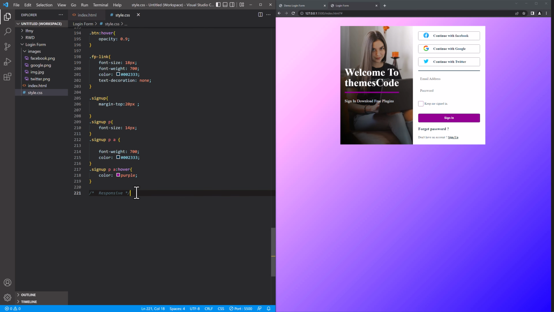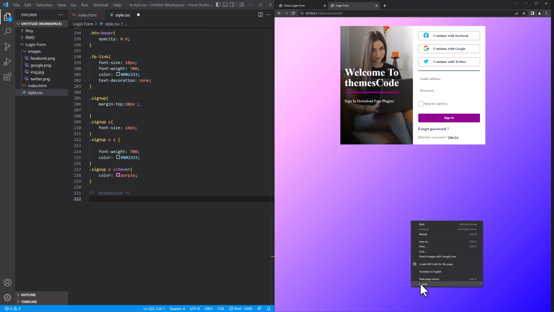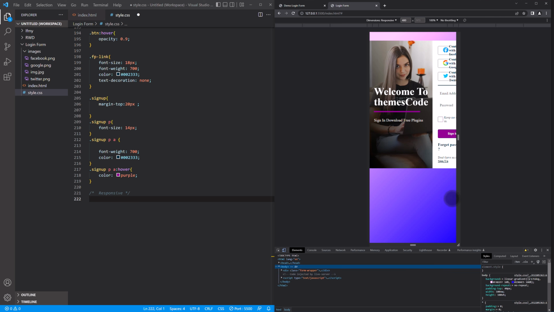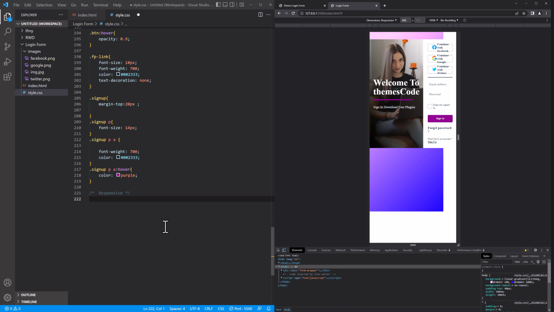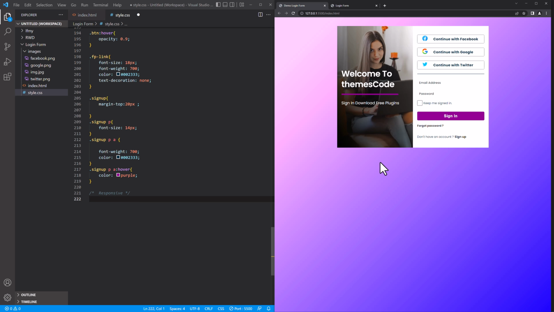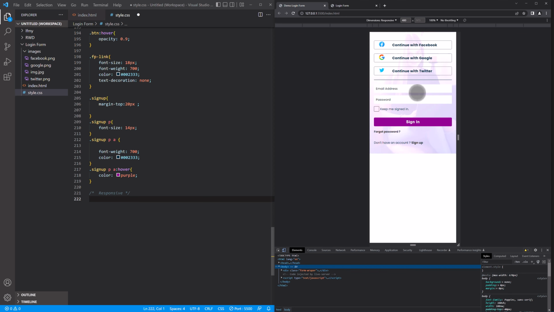Now I'm going to inspect it. Okay, make it here on the mobile. Okay, perfect. So in the demo, let me inspect it also. Okay, on the demo you can see the girl's image goes back and the form goes upper. Okay, so